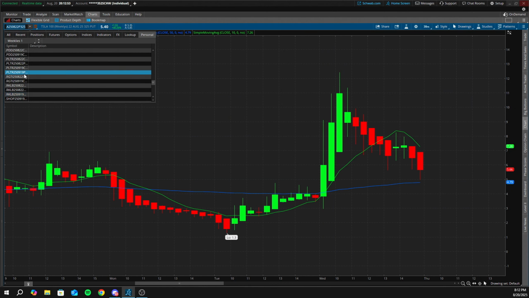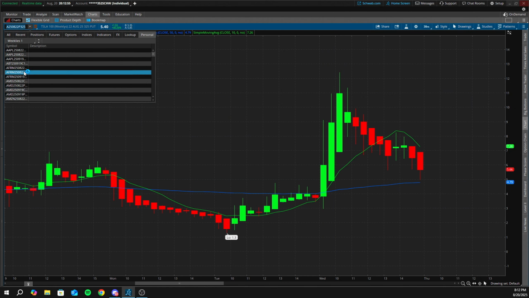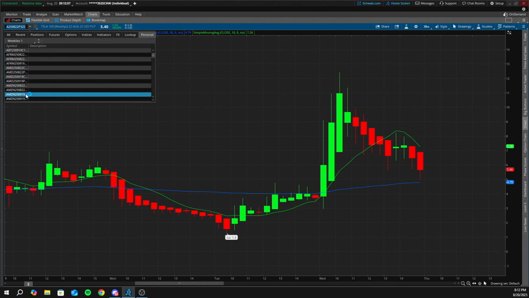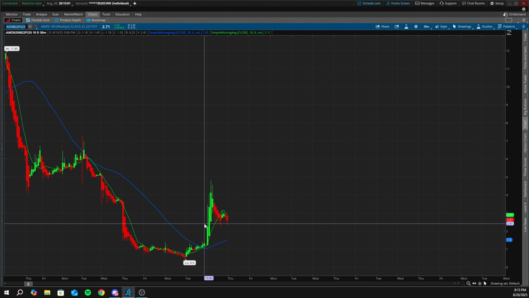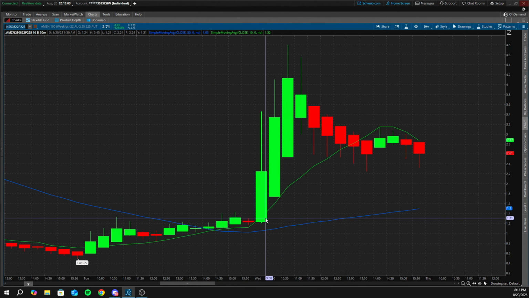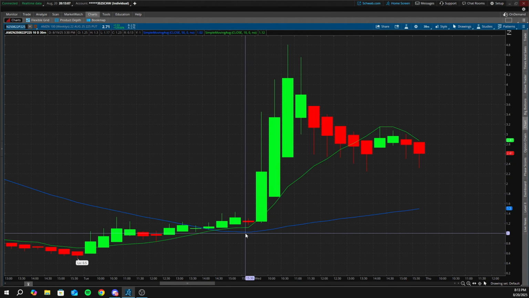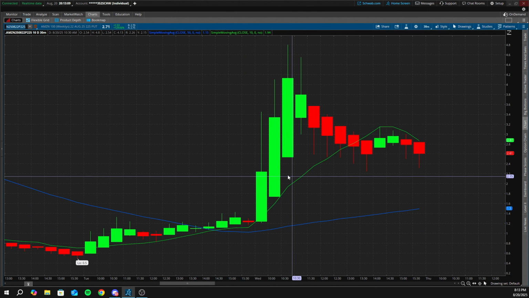And then we had Amazon too, which again, same kind of thing happened. I was waiting for the first 30 minutes to close just so I could see the 50 SMA curl up, because right off of open it could be a little weird with the 50s where we get a wick on this 30-minute and the 50 actually curls down a little bit. So again,